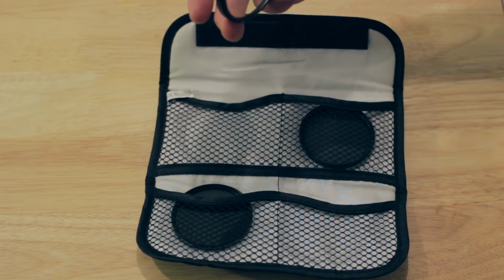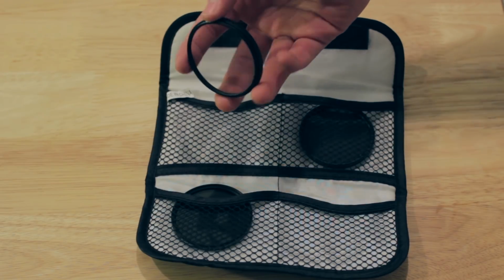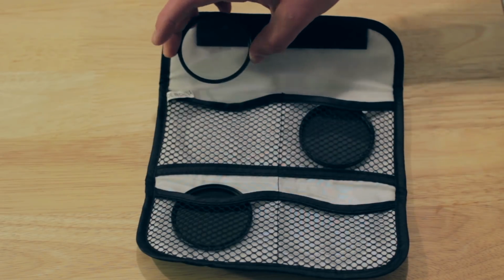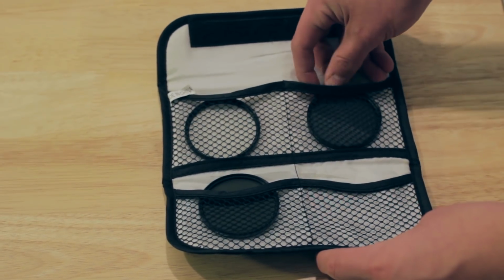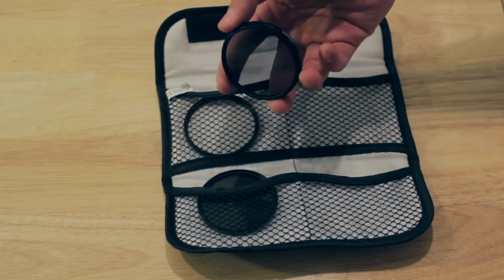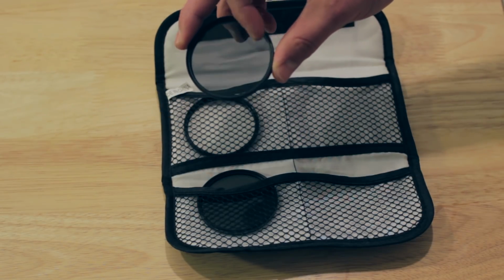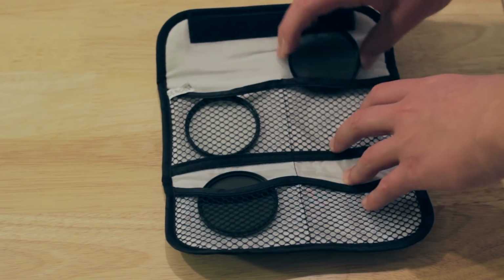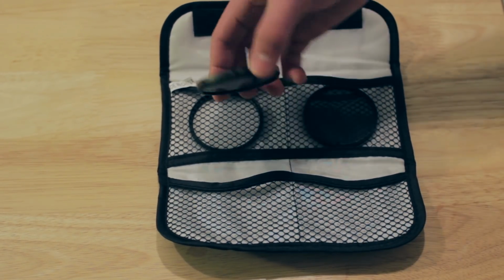The first one that comes with it is a UV protector. This is for protecting your lens, and you can just screw it right onto the lens, and that will protect it against scratches, and that's very, very, very handy. And next is a circular polarizer. This you can basically use when getting reflections off of windows or glass to reduce that greatly. And then this is a